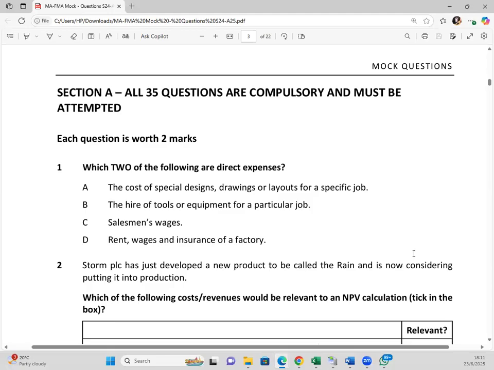So if the costs are specific to a job, then they are direct costs, because if we don't produce that product, or if we don't go ahead with that task, the costs are not going to be incurred. So by them being specific, they are direct to that job. It means if we avoid the task, we avoid the cost, but unlike the overheads, which are likely to be incurred. So the hire of special equipment, since again this one is for a particular job, it implies that this one is a direct cost. It's associated with that task. Once we avoid the task, we can avoid the cost.